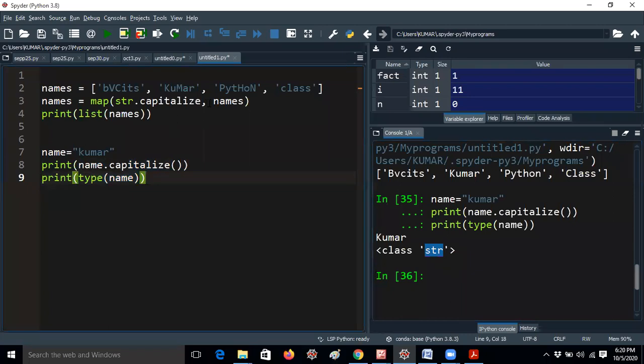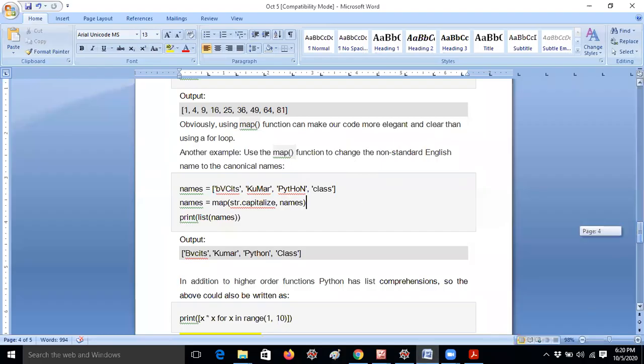Here, the names I have given in a list format. Now these elements will be converted into capitalized items. That means the first letter will be uppercase and the remaining letters will be converted to lowercase. You can check, for example, Kumar in the Python class. So from the list of names I am getting the output in a list. That means map can be used in different ways. That's the reason I am telling this example. Anyway, it is not required actually, but map can be applied in different ways. Okay, so that is all for map, guys. If you have any more doubts, you can mention them in the chat box.